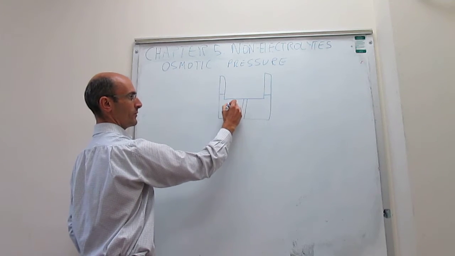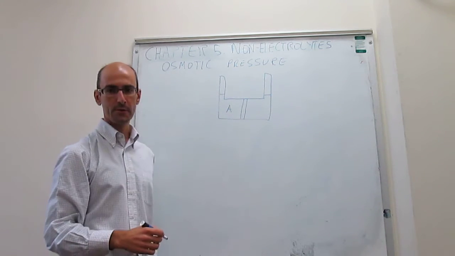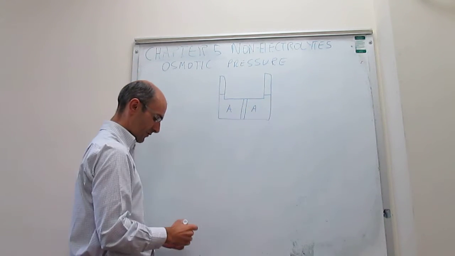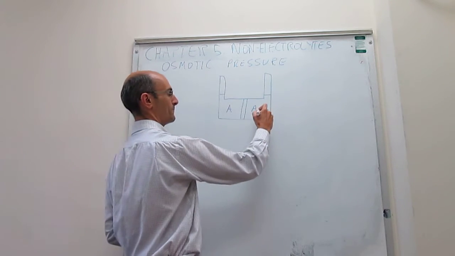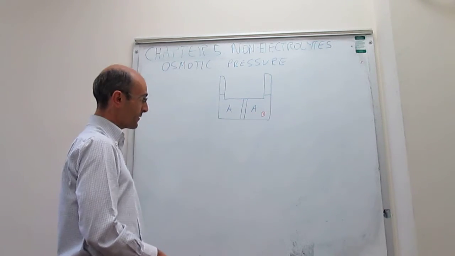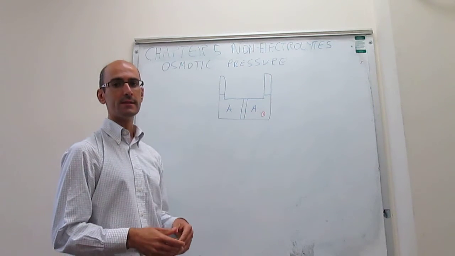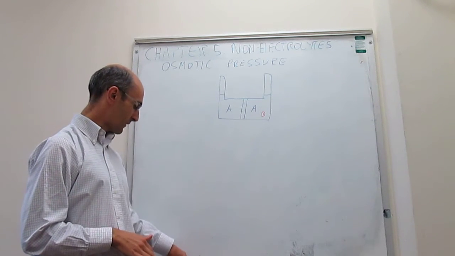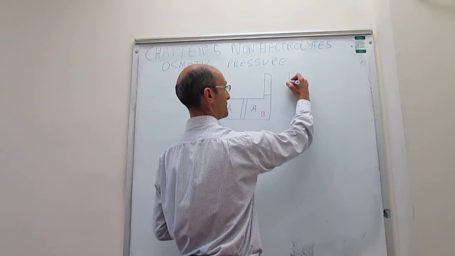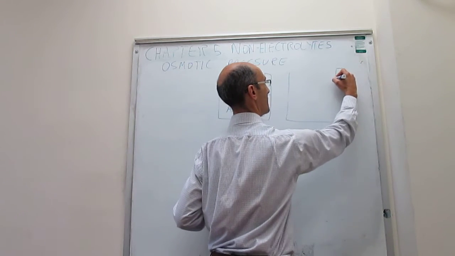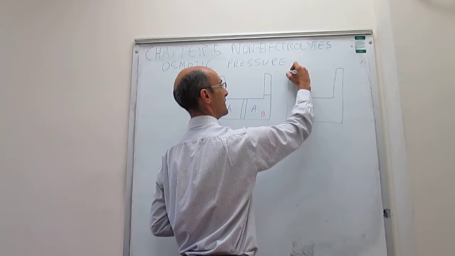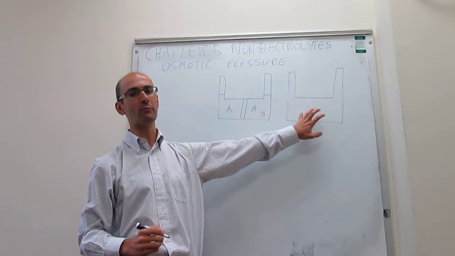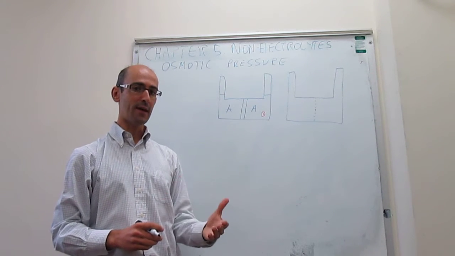In the left compartment we put liquid A, which is pure, and in the right compartment we're going to put liquid A plus a little bit of solute, which we're going to call B. The barrier separating these two compartments does not allow for the passage of either A or B. But we can change the experiment by making that membrane separating the two compartments semi-permeable. So this is a semi-permeable membrane now, and it will allow for the passage of A,